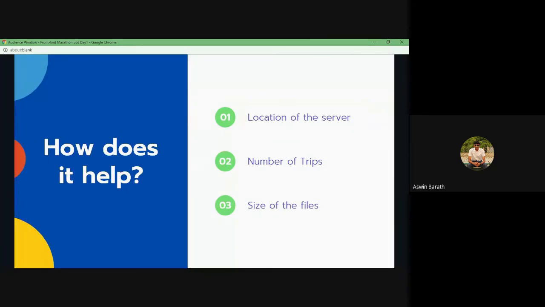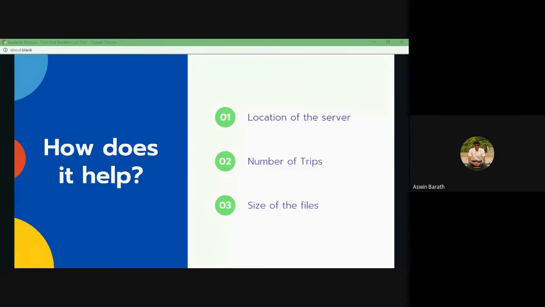So the first point is location of the server. Whenever you build a website, let's say you have built a website and you have deployed it on the web. If the location of the web server is somewhere in the US, and the users of your website are trying to access your website, does anyone know what will happen?